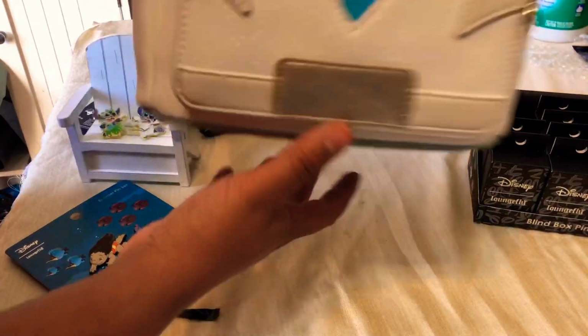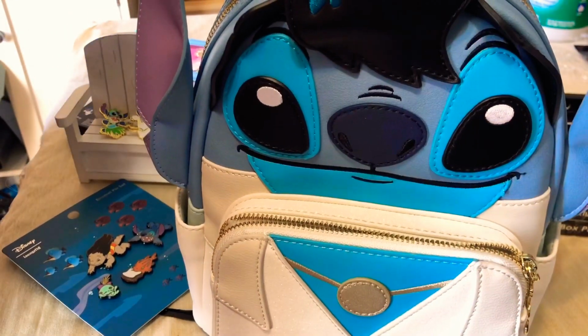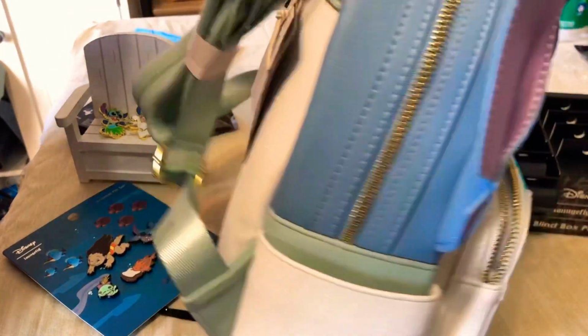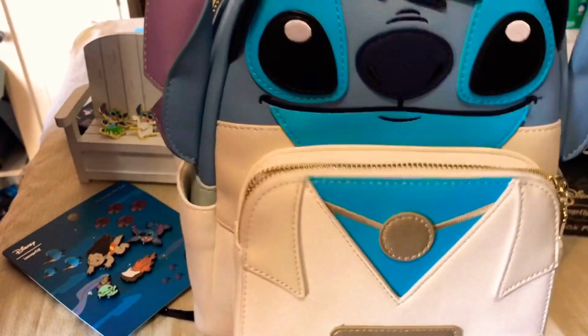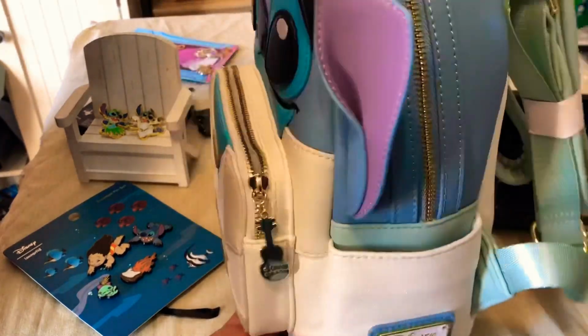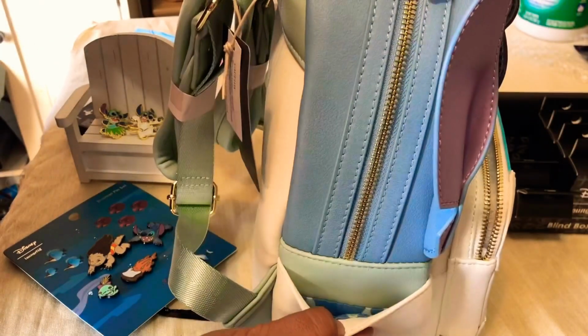And the last item I want to show you today is this Stitch Loungefly bag. This one is on the website, and it is one of the only items that we don't have sold out. This retails for $75. The backpack straps, pocket here, standard pocket here, here for some small items,